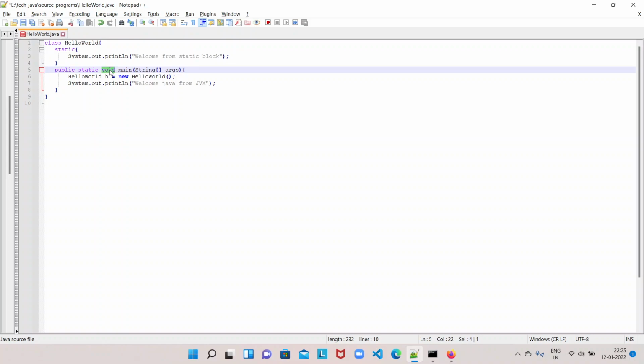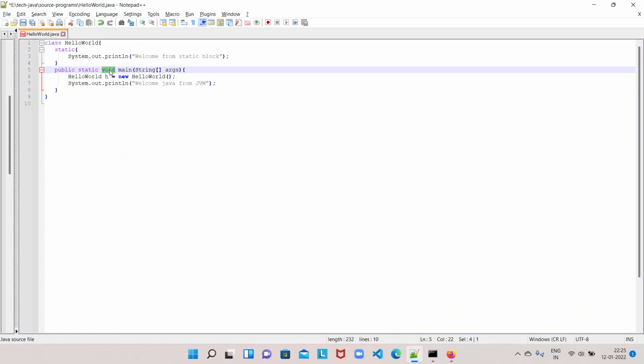Just because the main thread is running your main class, we don't have to return anything to the main thread, and the main thread is running under the JVM.